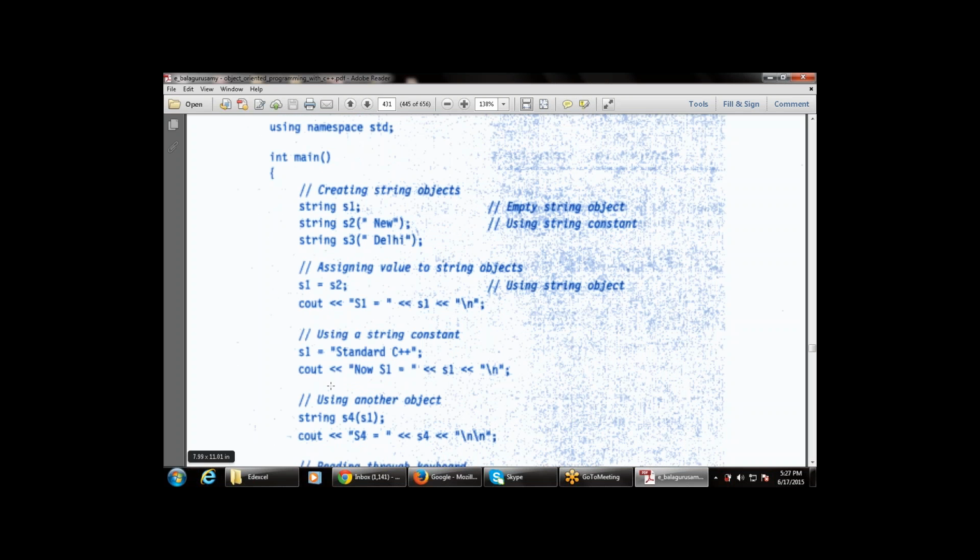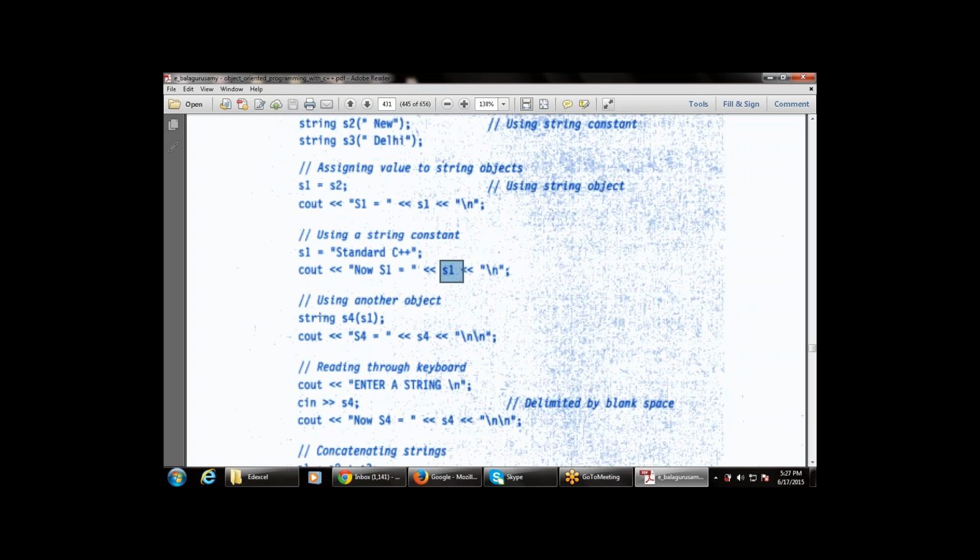So cout s1 now. What is the value of s1 right now? Whatever the value of s1 is, that is standard C++, which is available in s1. Then using another object, string s4 s1. Now s1 will be,